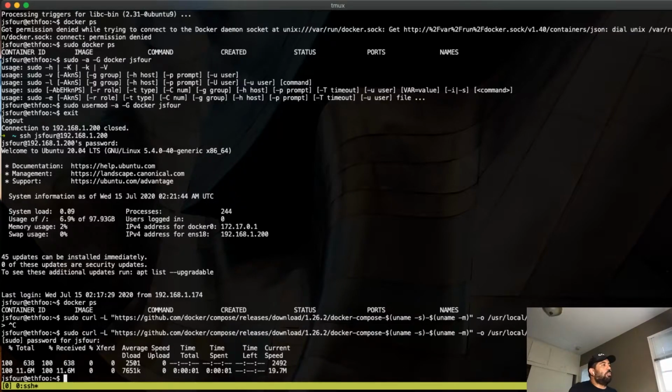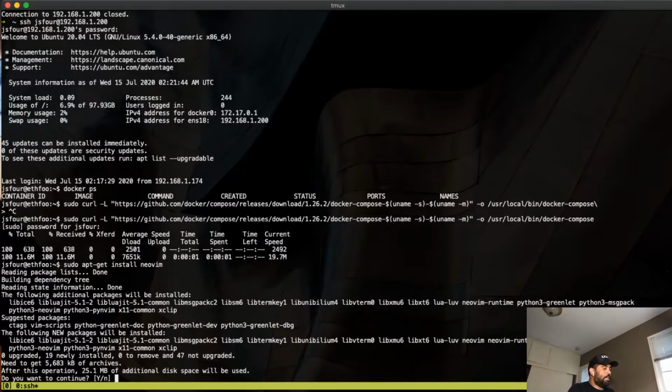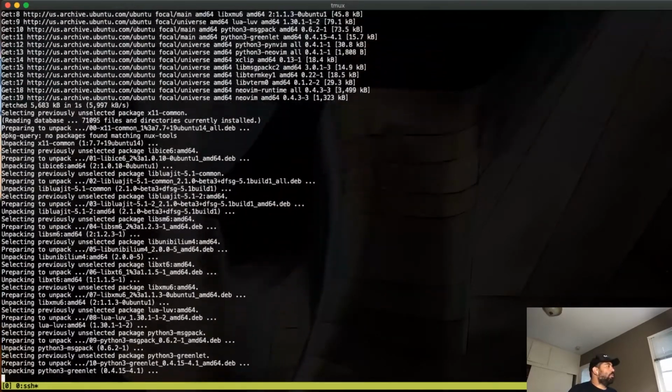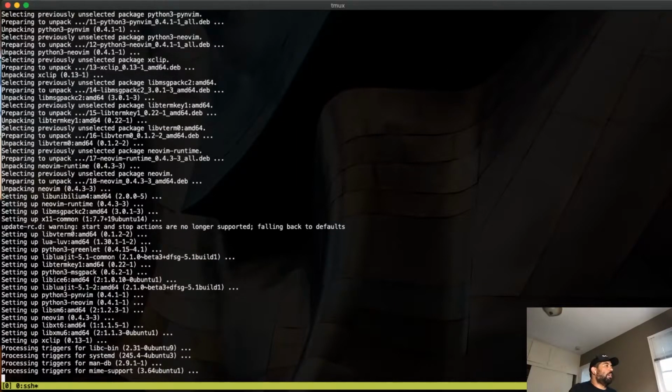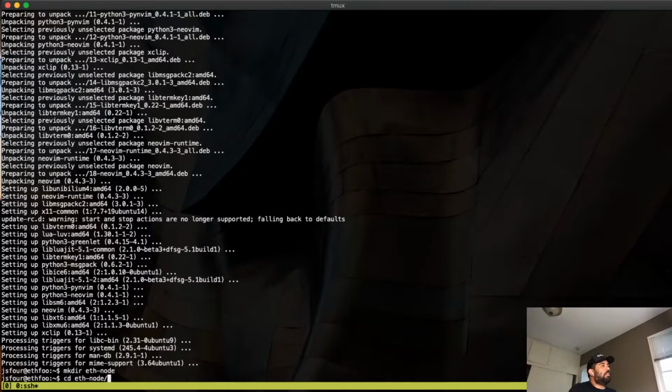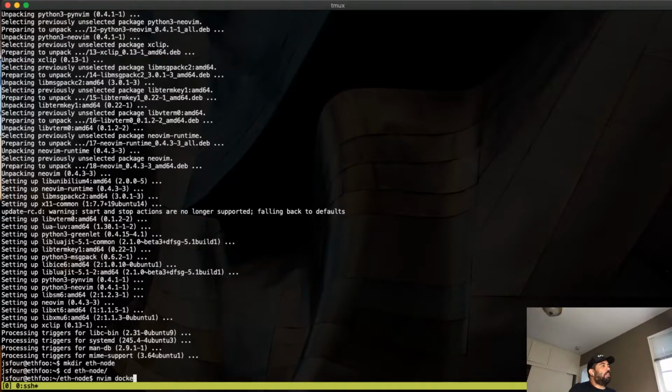Anyway, so here's what we're going to do. We're going to go ahead and, I think it's sudo, I'm going to install NeoVim, because NeoVim is cooler than older Vim. So we'll get this installed real quick. Pretty straightforward. Does not take too long. And then I want to create a directory. I'm going to call this ETH node, and I'm going to go into ETH node, just like that. Then I'm going to create